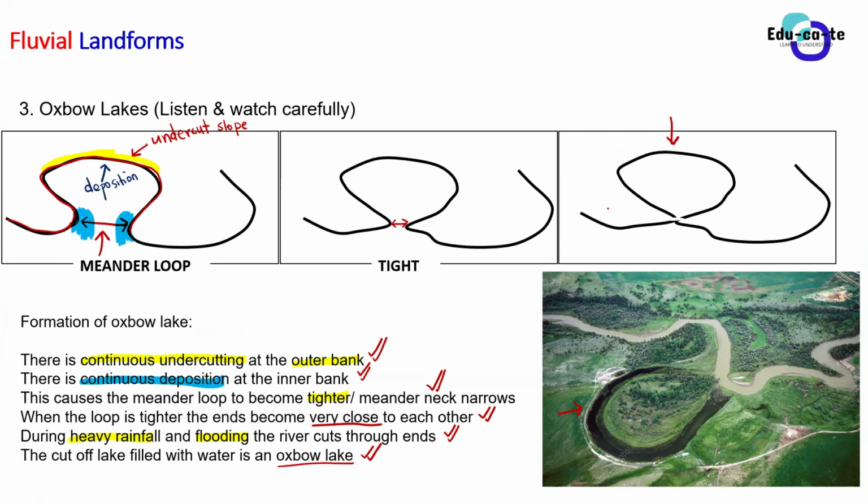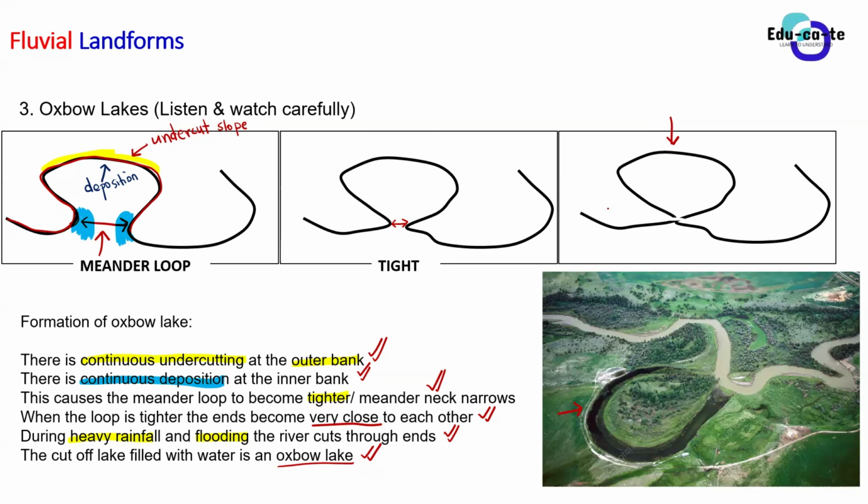You know how to describe the formation of an oxbow lake, grade 12? It is usually asked in paragraph questions. You need to explain it this way. It is very easy to understand. Even if you forget some other points, guys, just make these three pictures that I've made.